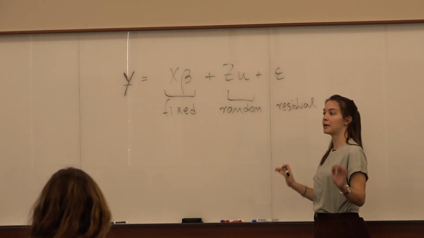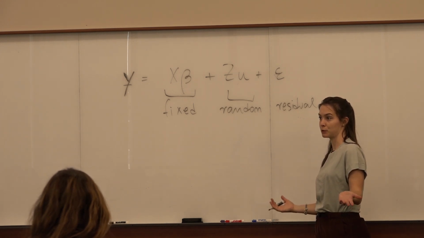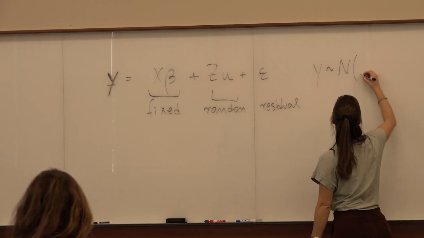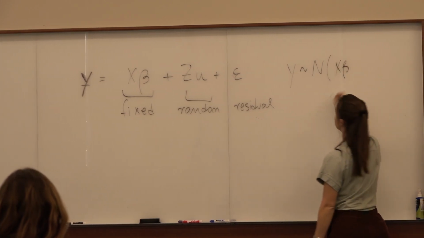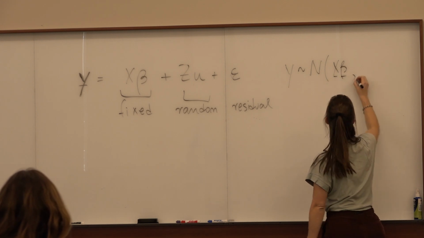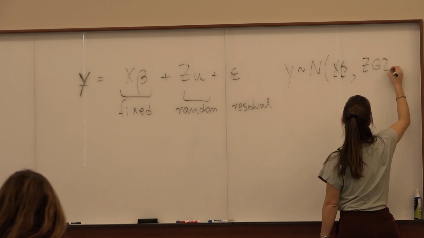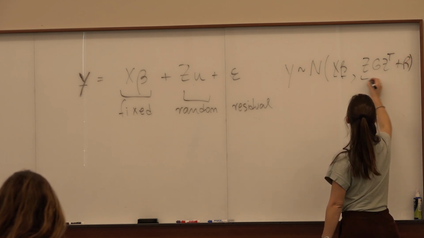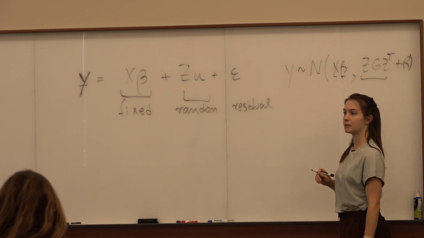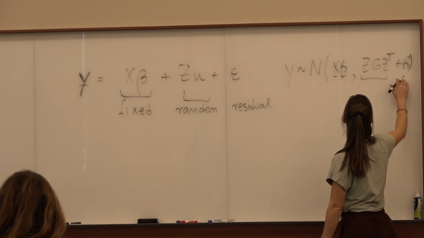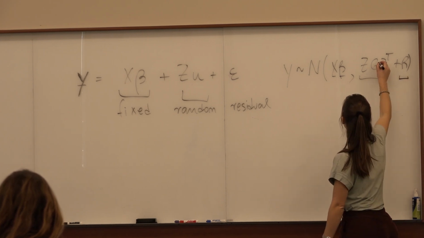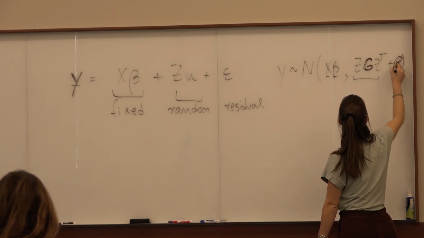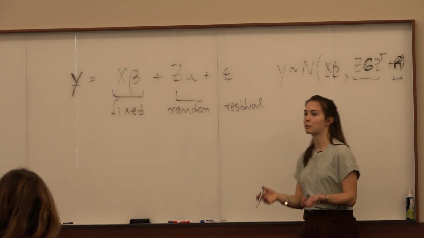And then if we want to write it out with the probability distribution form, we would say y is normal. This is mu, right? This is the expected value. And the variance covariance matrix is the random component, right? Plus the residual component. And this G matrix here, and I'm writing here G and R, because afterwards, when we